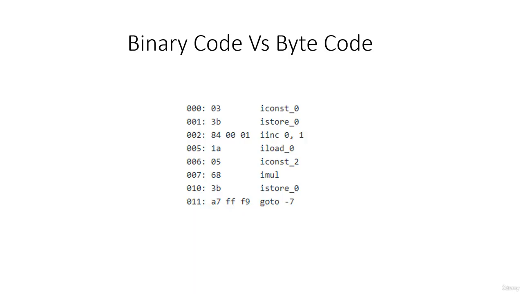The virtual processor works the same way as the real one. It sees an array of numbers and perceives them as commands to execute. The bytecode looks exactly identical to the binary code. So here is an example of Java virtual machine bytecode. The only difference between this and this